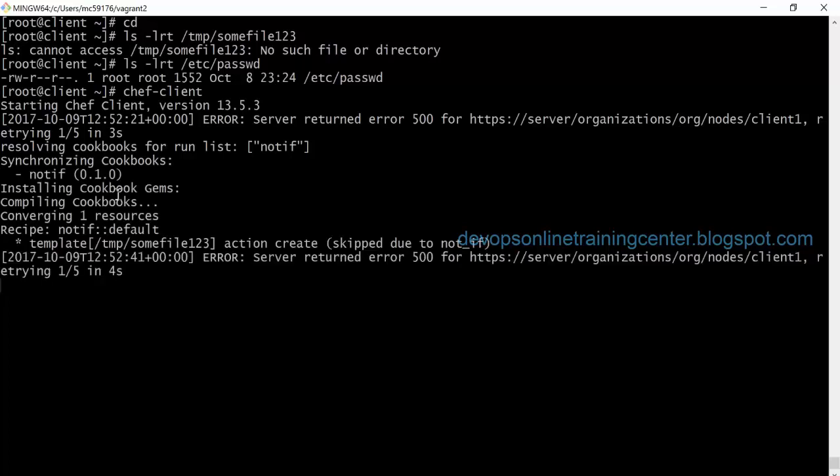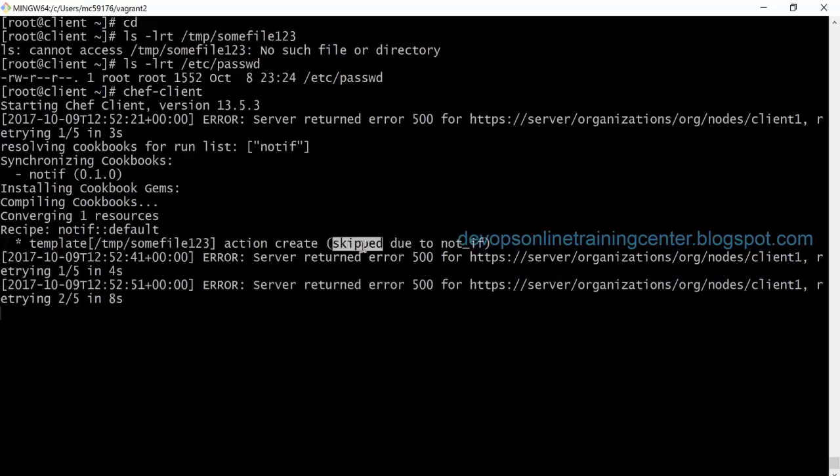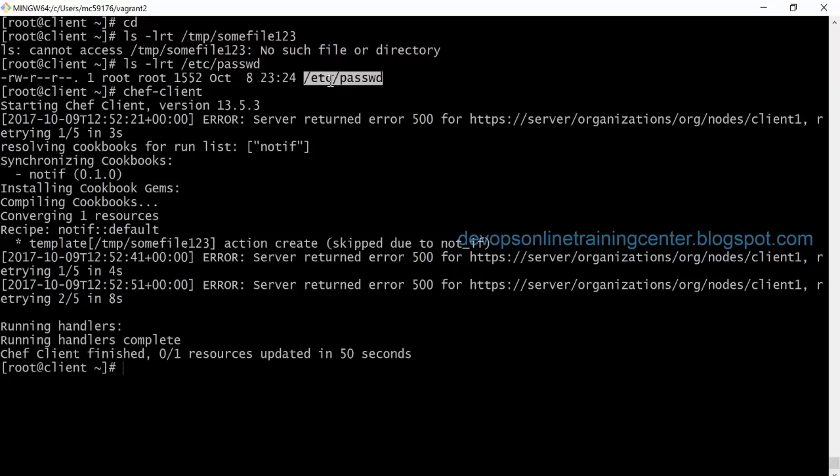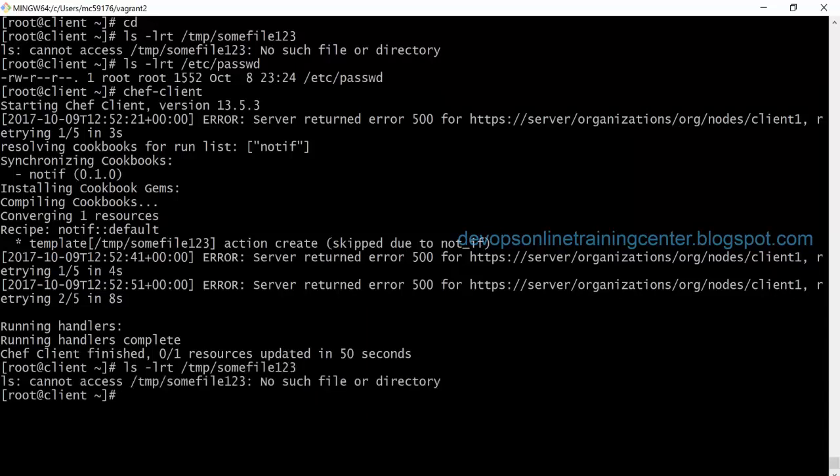If you see, it says /tmp/somefile123 action create skipped due to not_if. Okay, so this will skip the action and this file will not be created because /etc/passwd is already present on the client, right? Is this clear? Now if I check whether this file /tmp/somefile123 is created, the file is not created,